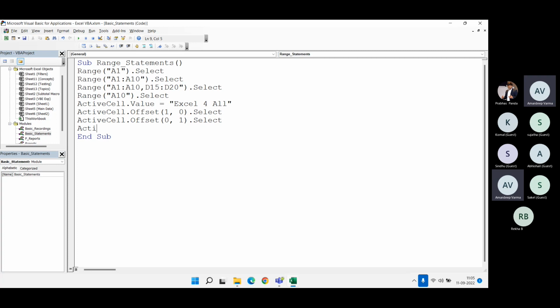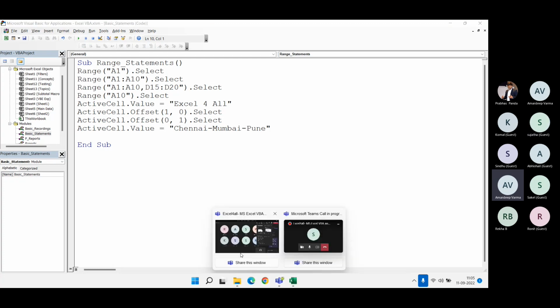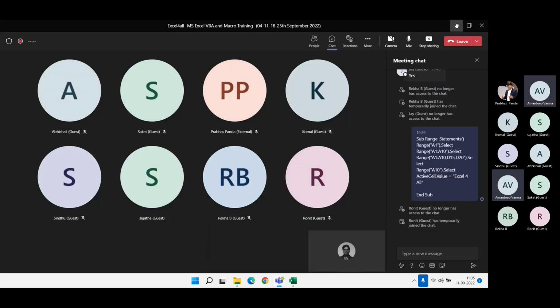Now suppose I want to put any value in that, I can again write ActiveCell dot Value equals, say, a value. Always your program will follow the top to down approach. Okay. Now when I run it,